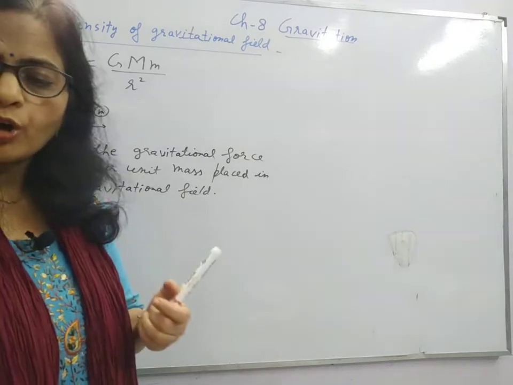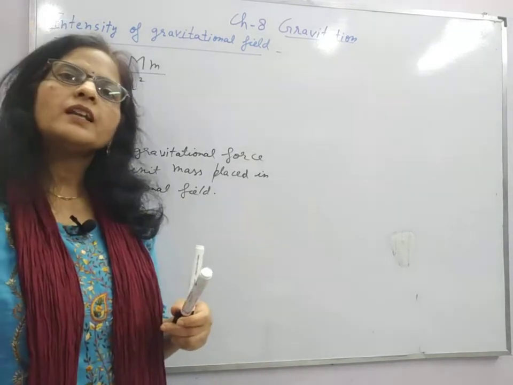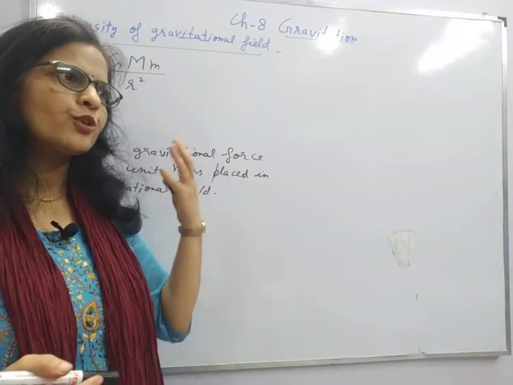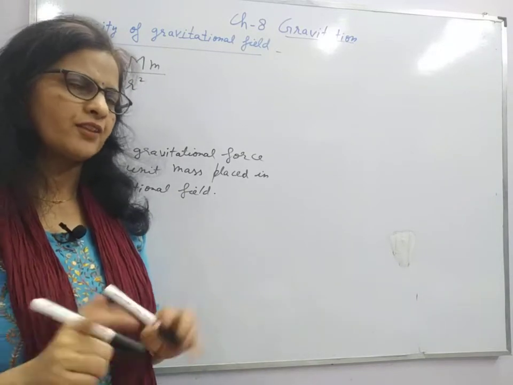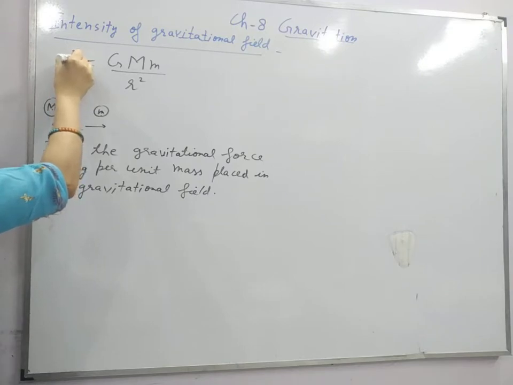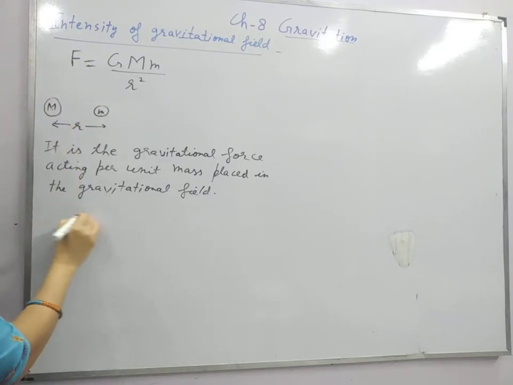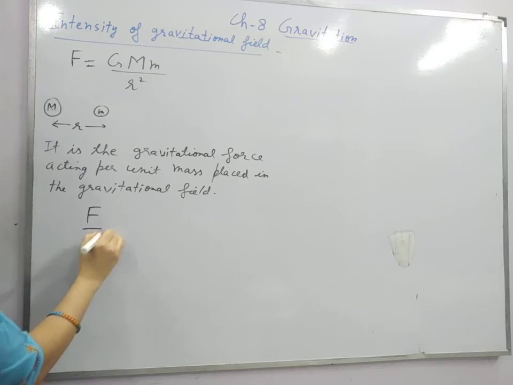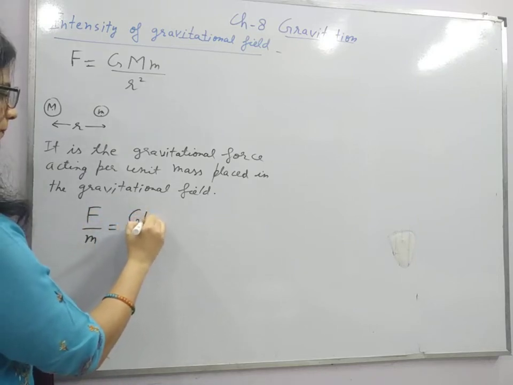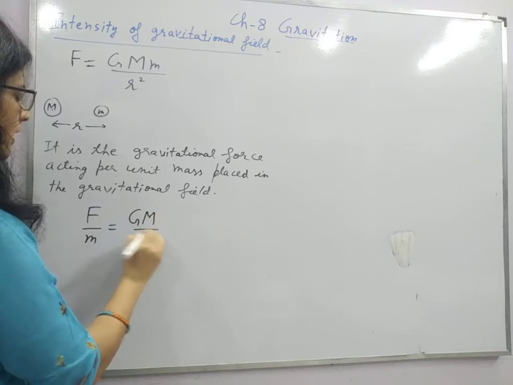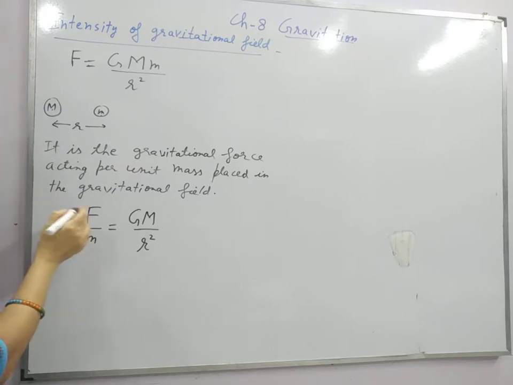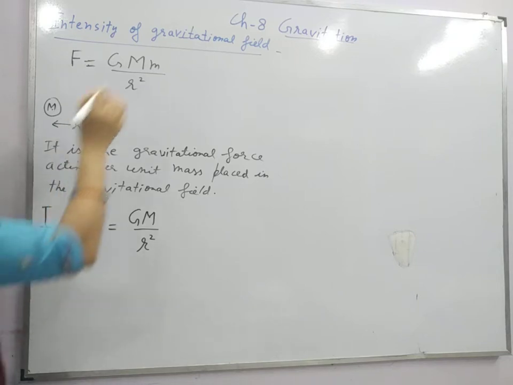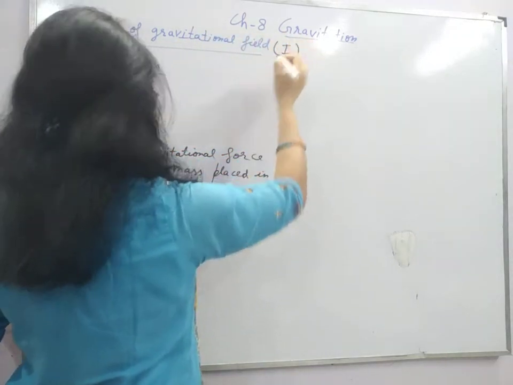So it's like rate. That means if you know the cost of one pencil, you can tell about the cost of any number of pencils. So if you know the force acting on unit mass there, you can find the force acting on any mass placed in that gravitational field. So this is the force acting on m mass. So force acting per unit mass. How will you calculate this? This will be G m upon r square. I have used the unitary method over here. Now if I'm talking about intensity, I'll have to denote it by some quantity. So intensity I'm denoting by I, right?